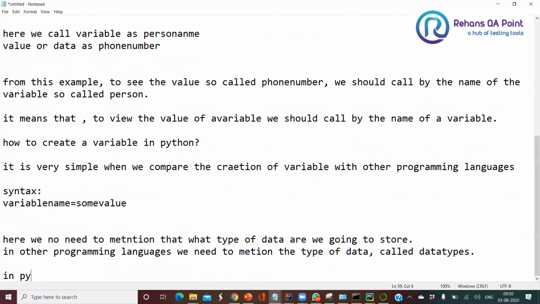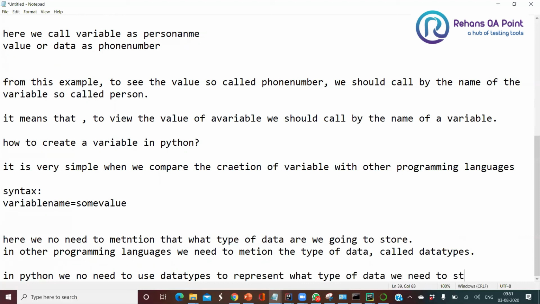So in Python, we need not use data types to represent what type of data we need to store. Okay, so just go ahead, give some name, use your equal to operator and insert some value.